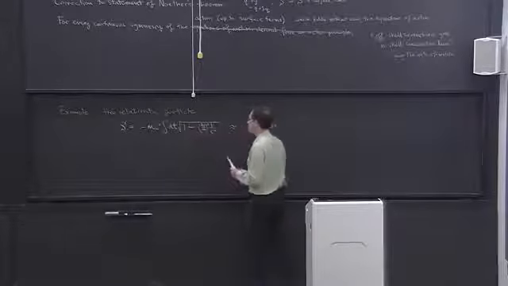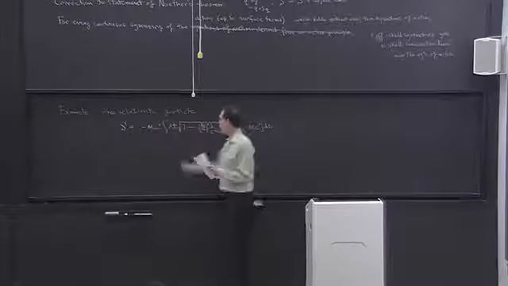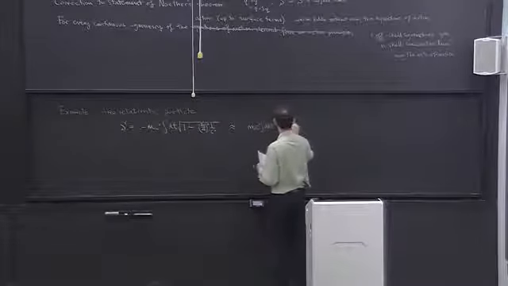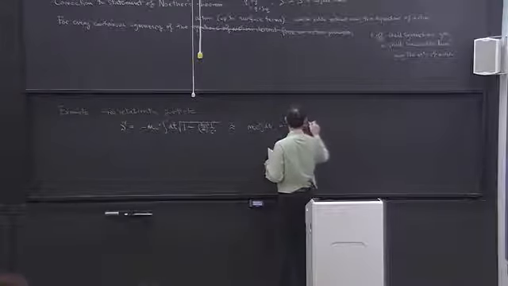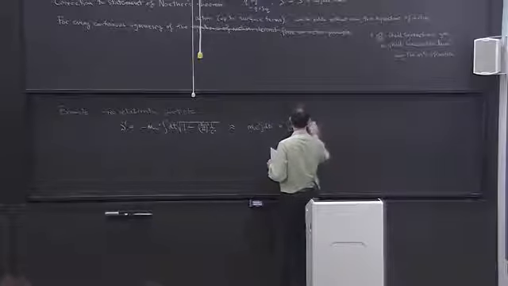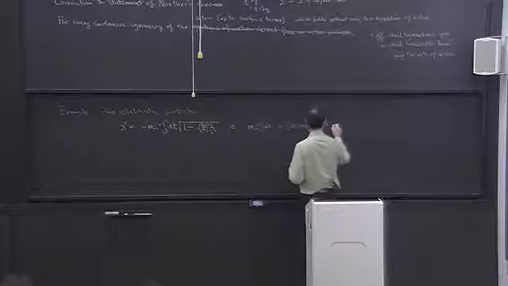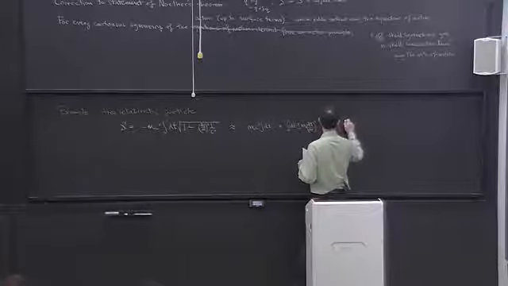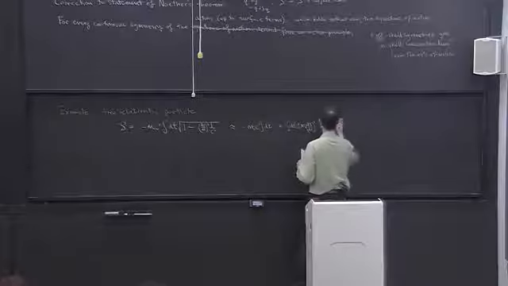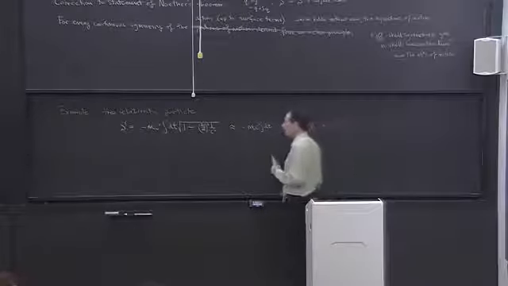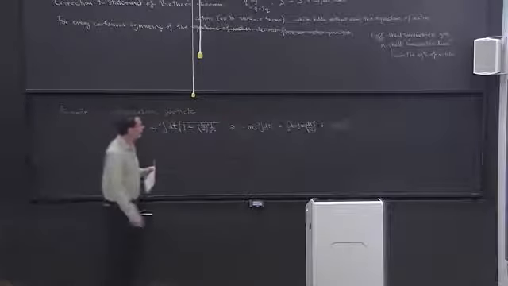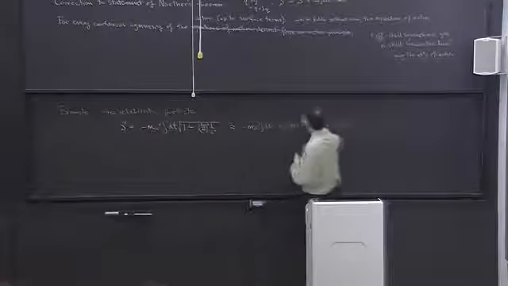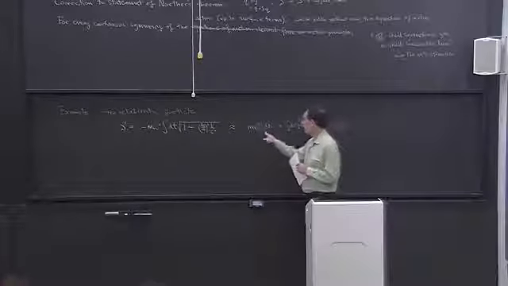And then expanding the square root, the two minus signs cancel, and I get plus integral dt (1/2) m_0 (dx/dt)^2 plus order v^4 over c^2, plus dot dot dot. Corrections which are small, down by v^2 over c^2. So this is the familiar term from Newtonian mechanics. And this term,